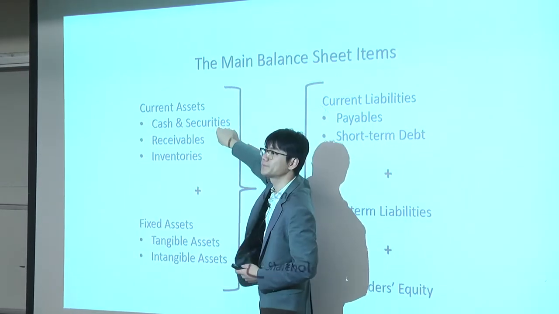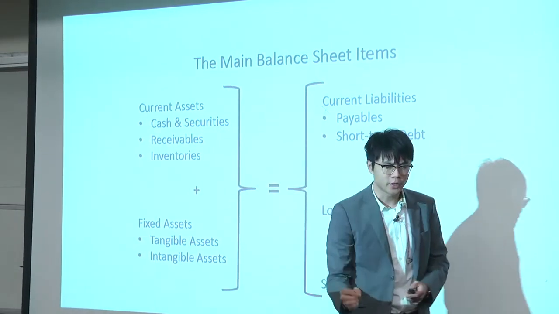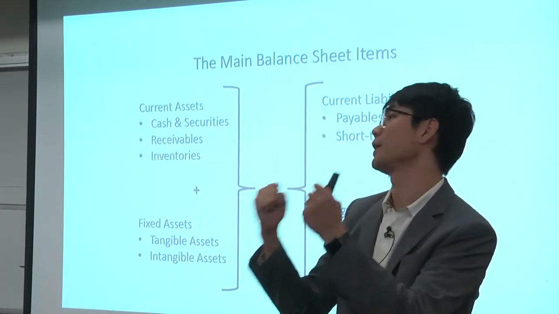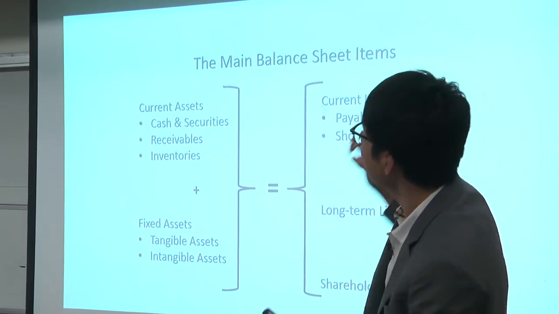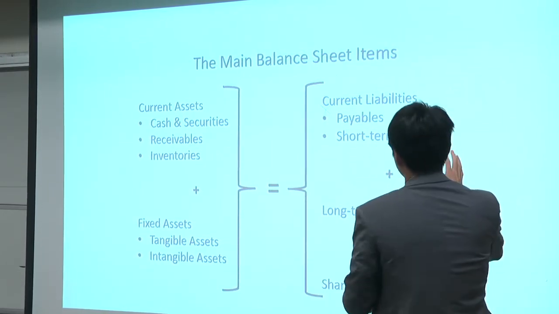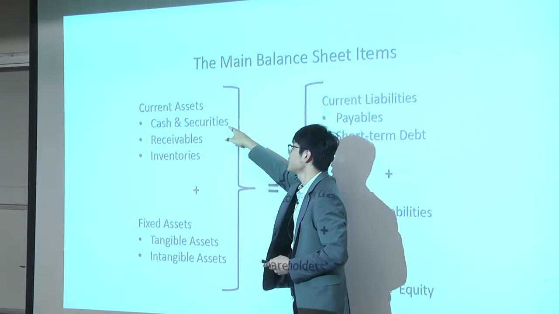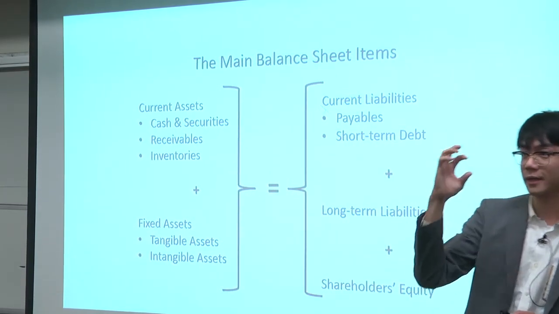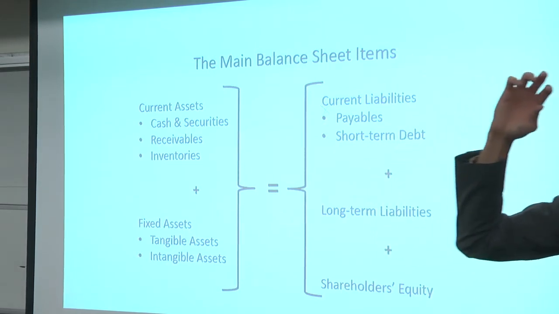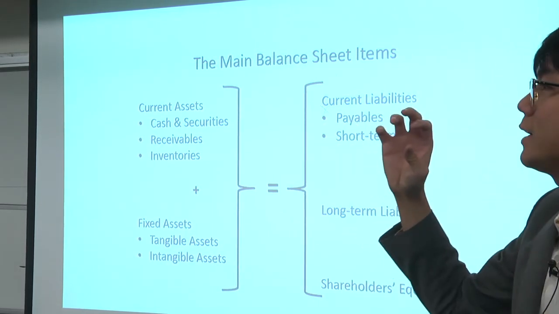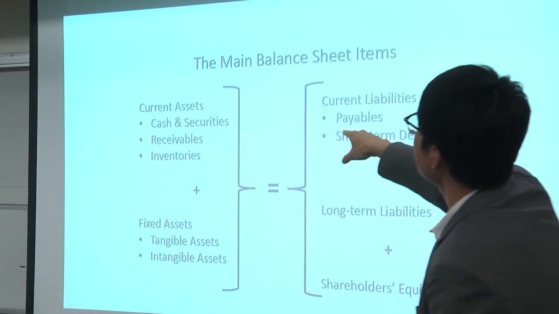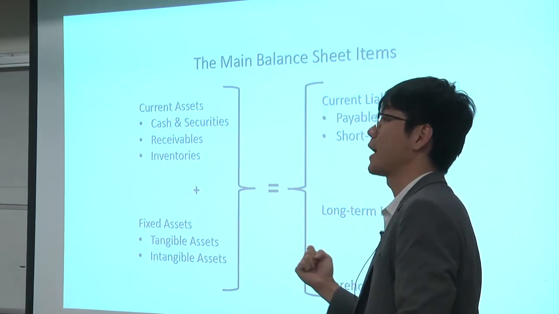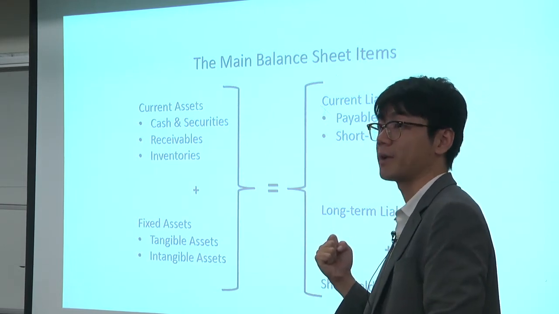This one. Okay? The net change of your cash in a company should be the net change in your cash holdings. So the cash flow statement is associated with the balance sheet here. The number you calculate at the end of the cash flow statement, which is the sum of the three cash flows from operations, investments, and financing, should be the same as your cash and securities change from last year to this year. You either add cash to your cash holdings or you reduce cash from your cash holdings.